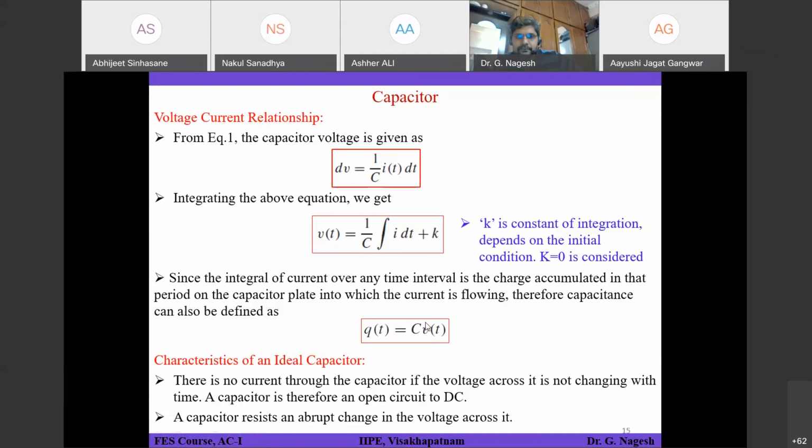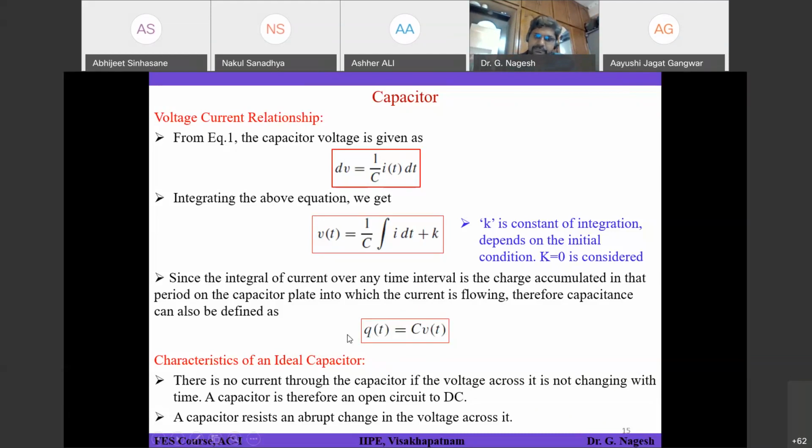So, sir, it is like at every instant, some charge is coming to the capacitor and it is being stored. And at the next instant, some other charge is coming, but the previous charge has gone somewhere? If you consider a new capacitor where there is no initial charge, that means initially the energy stored or the charge within the capacitor is 0. If you consider that instant, this is the expression.